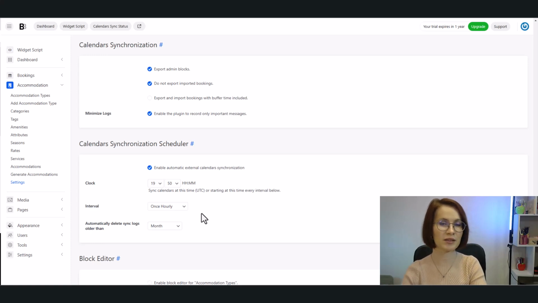Now here is something important. Syncing only happens when someone visits your website. So if there is no one browsing, the system won't sync at that moment, but as soon as there is activity, it kicks in